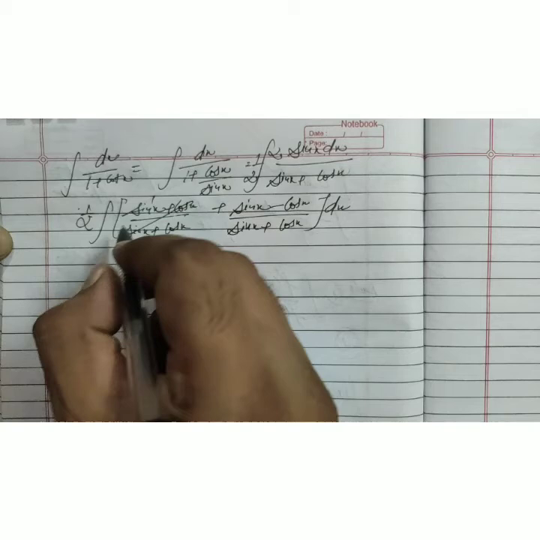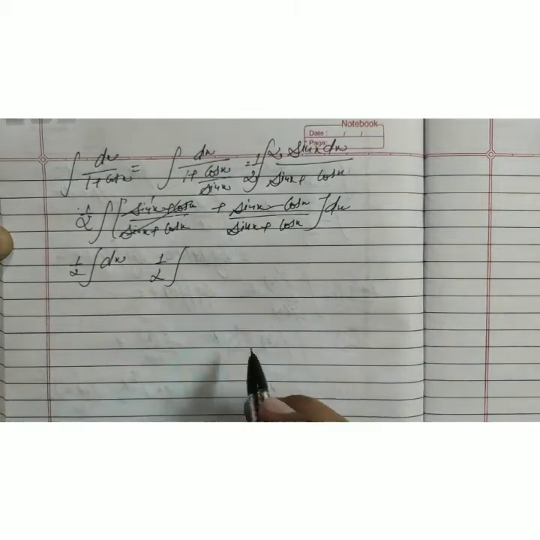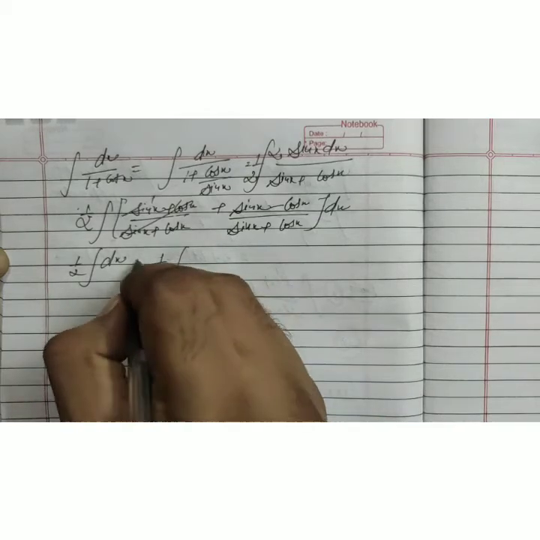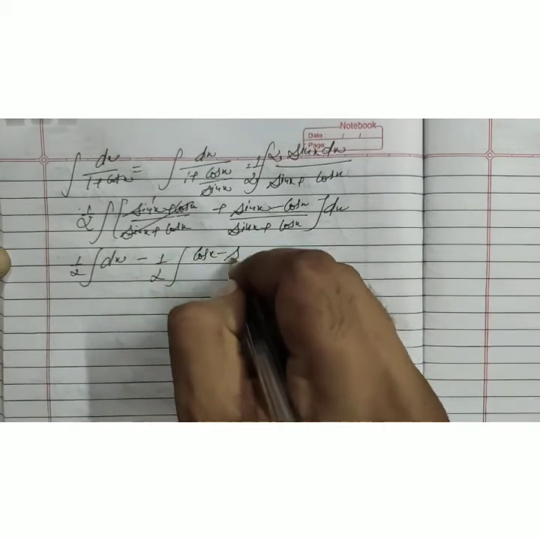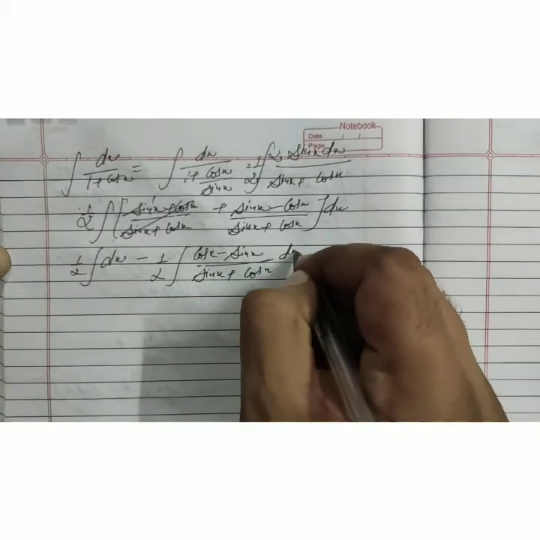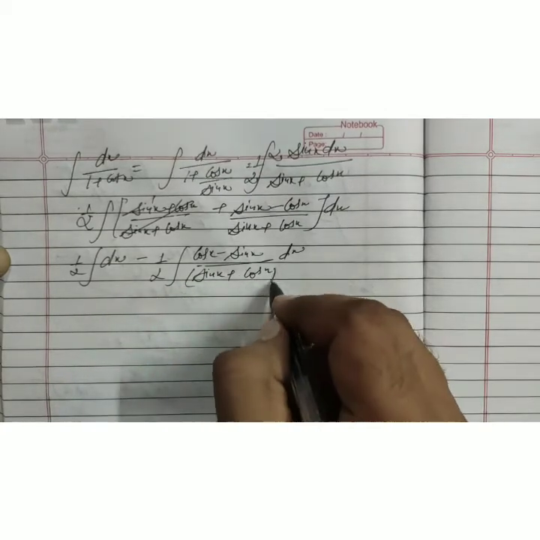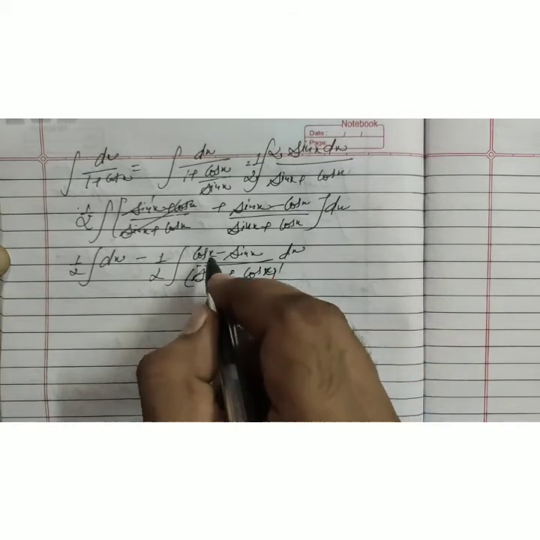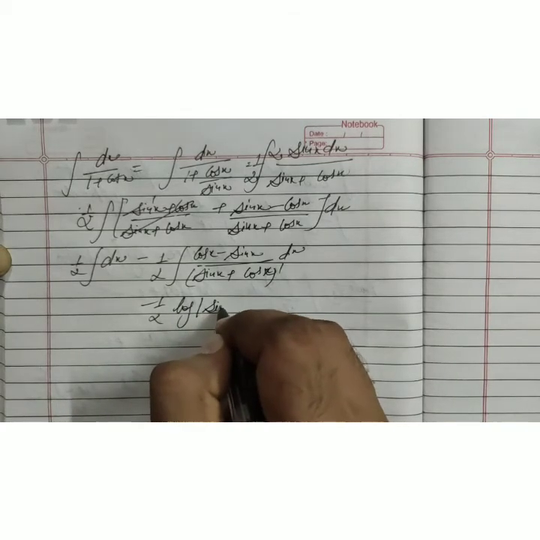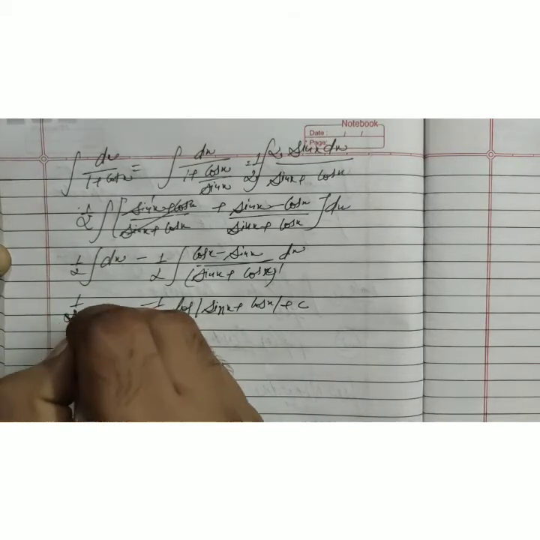If you see here, this term cancels out 1, so the first term becomes half of dx, half. The derivative of sin theta is cos theta, and the derivative of cos theta is minus sin. The signs are reversed, so taking common, it becomes cos x minus sin x divided by sin x plus cos x. The derivative of sin is cos and the derivative of cos theta is minus sin theta, which means there is a function with power 1 in the denominator having its derivative upside. So according to the rule, it becomes log of the base function sin x plus cos x plus c, and the integration of dx becomes x only.